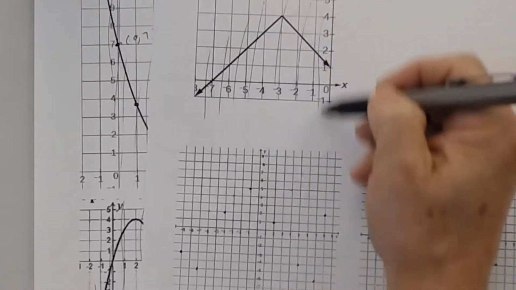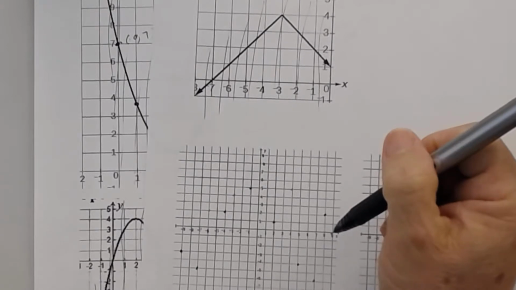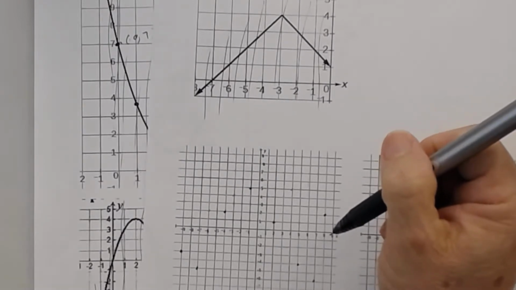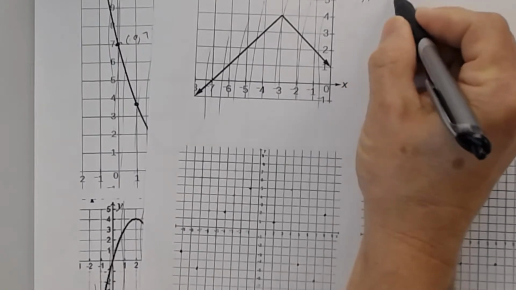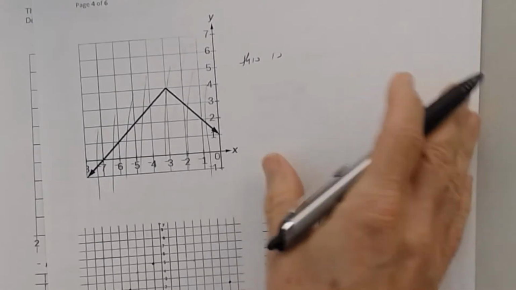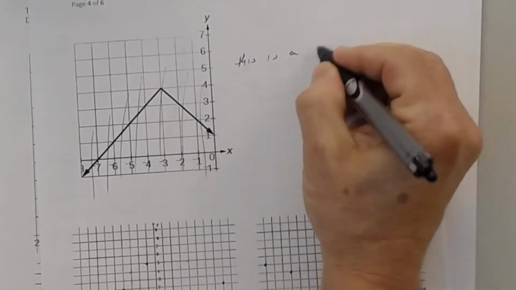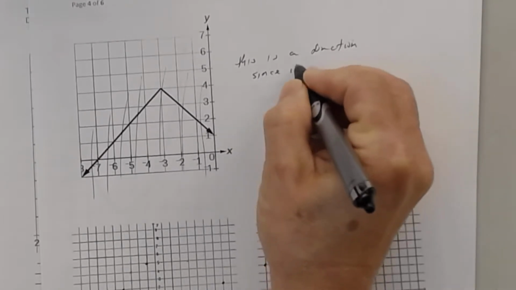No matter where you draw that vertical line, it's going to intersect it once, which means that for each x, there's only how many y values? One. That's what that means. So this is a function since it passes